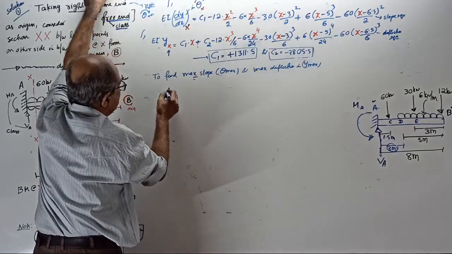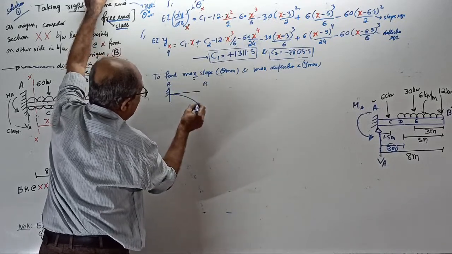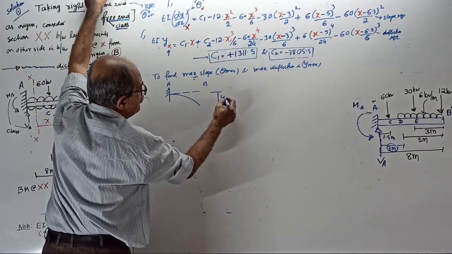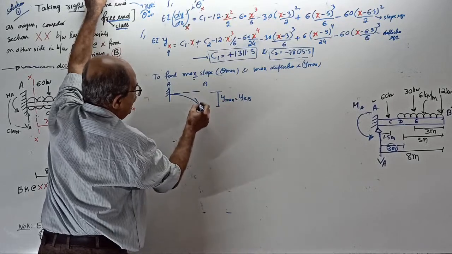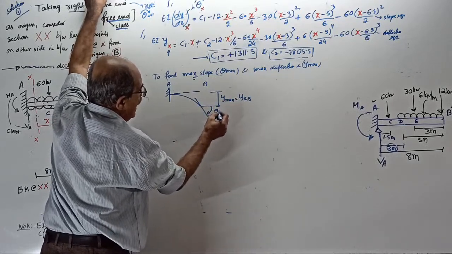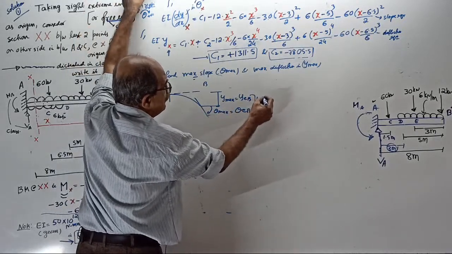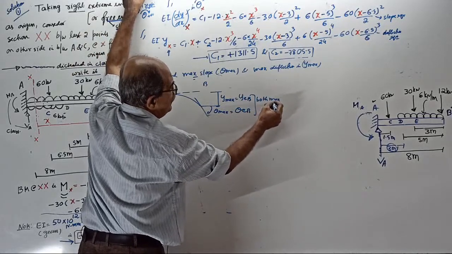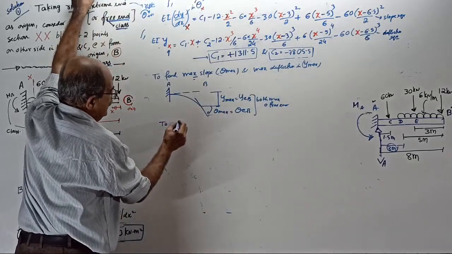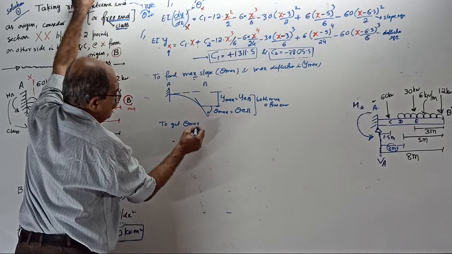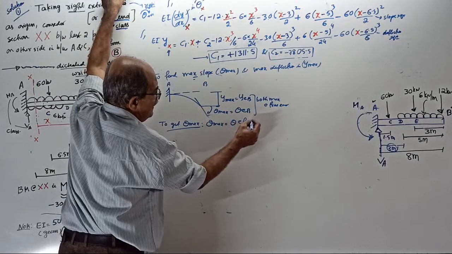This is the cantilever beam. See, this is A, this is B. Beam will bend like this. Your y max will be y at B, the free end. And even your theta max will be theta at B. That is, both are maximum at the free end. First, to get theta maximum, just now I told, theta maximum equals theta at the free end,